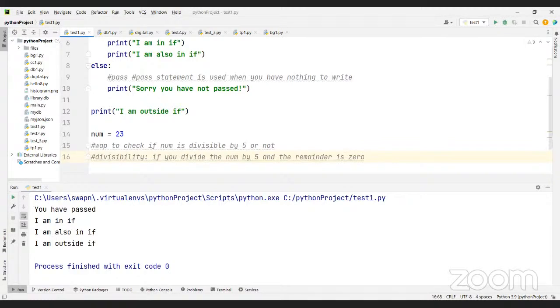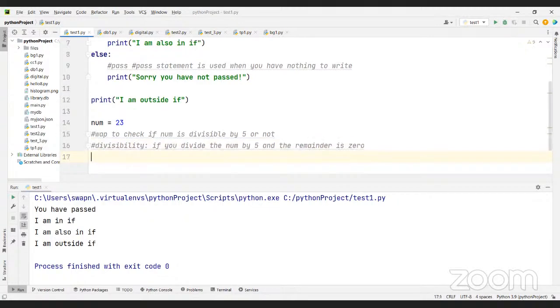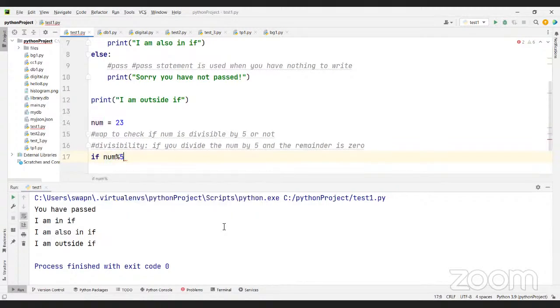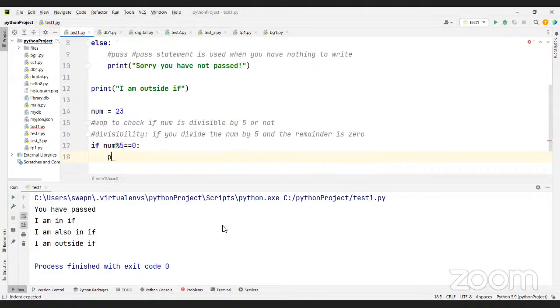So if I divide by 5 and the modulo remainder is 0, I'm going to say if num modulo 5 equal to 0,